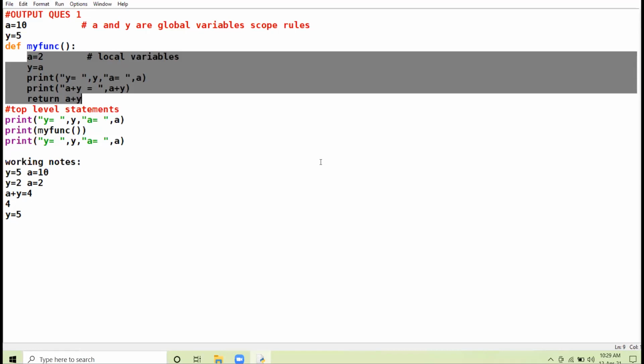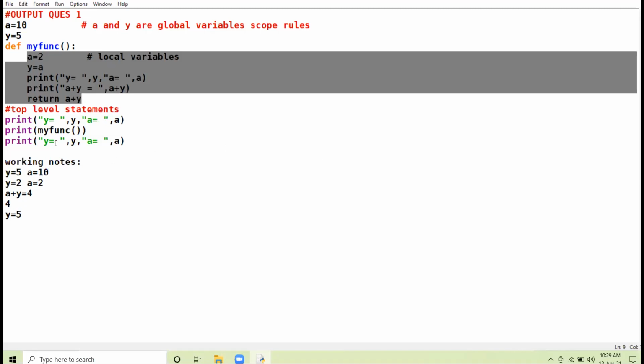Global variables have the program scope, local variables have the function scope, because they are defined inside a particular function. As the function is over, the lifetime of the local variable also gets over.